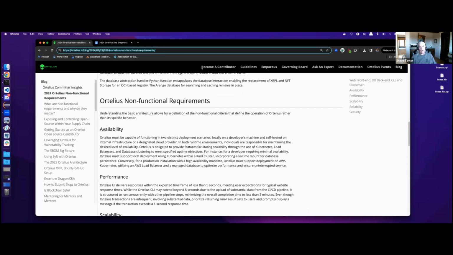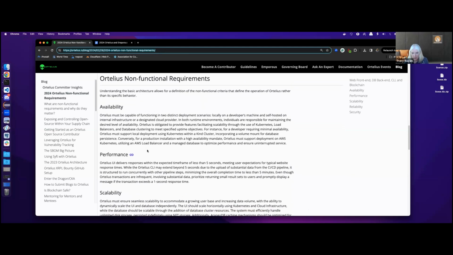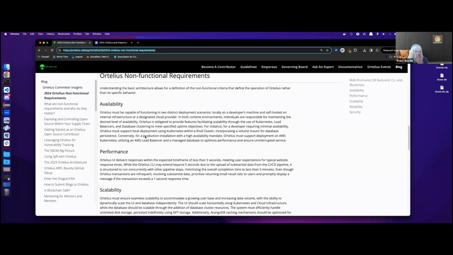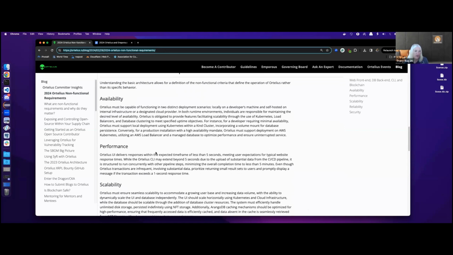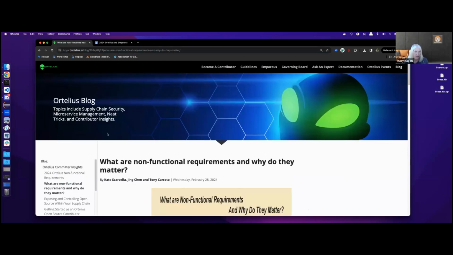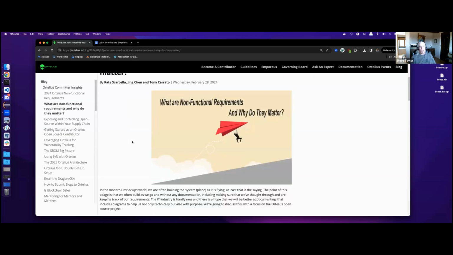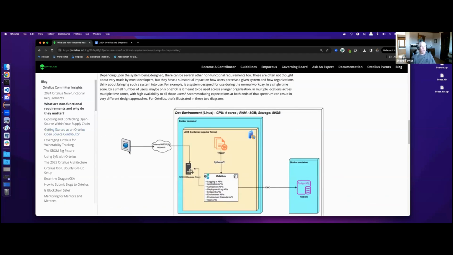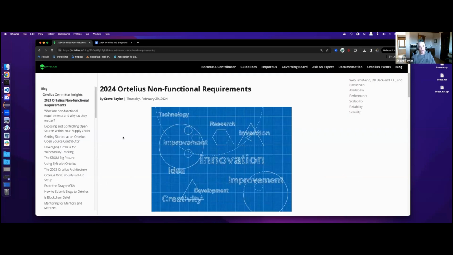If you just go out to the Ortelius site, you'll see it. I can do it right now, I'll throw it out. I'll just put it in chat. So there are two now. There's the standard, what a non-functional requirement is. And then there's Steve's one that specifies what the Ortelius ones are. So this is laying out what they are. It's a really nice blog on that. And then based on that, I went and put together what are